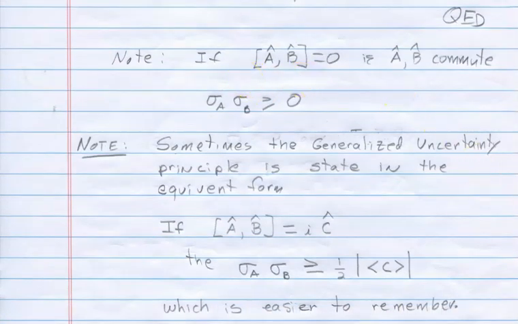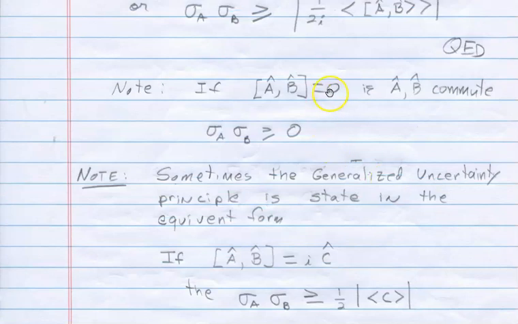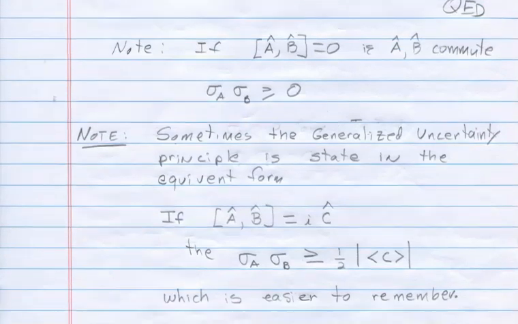Notice that if A and B commute, in other words, this commutator is 0, then I get that the standard deviation of A times the standard deviation of B is greater than or equal to 0. And since these are both positive, you can make either one of them as small as you would like and still satisfy this inequality. So if the operators commute, then you can simultaneously measure both of them to arbitrary precision. On the other hand,